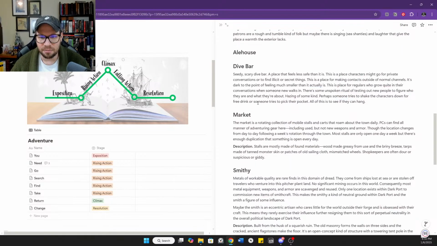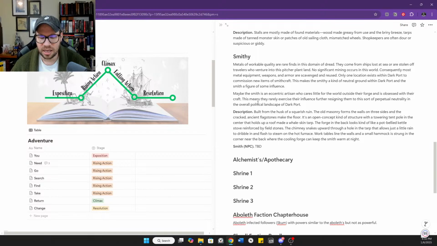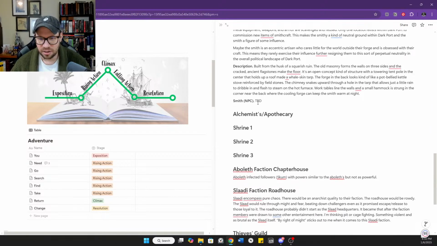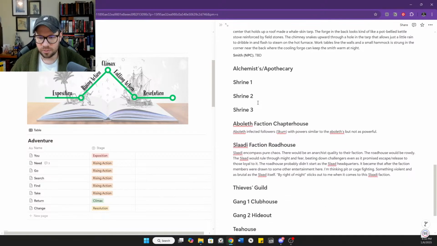In the meantime, though, let's take a look at some other stuff here. So we've got some factions that we were working on last time.